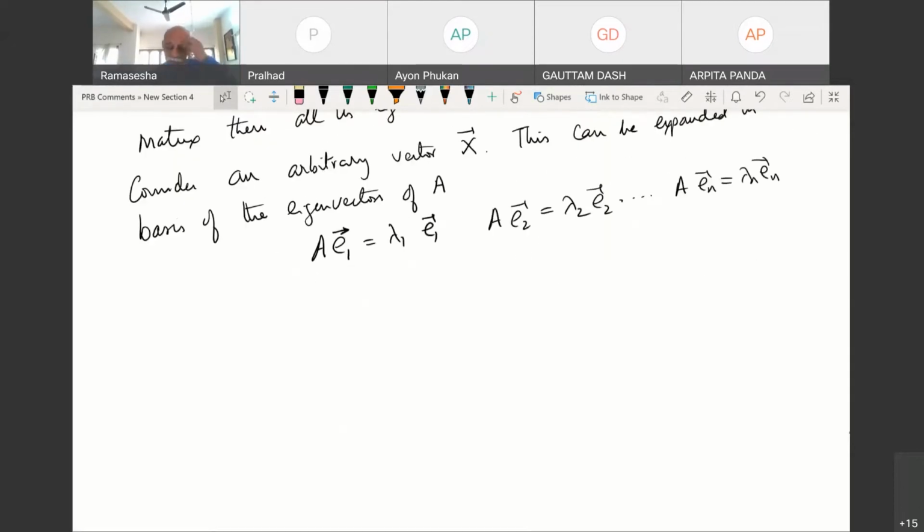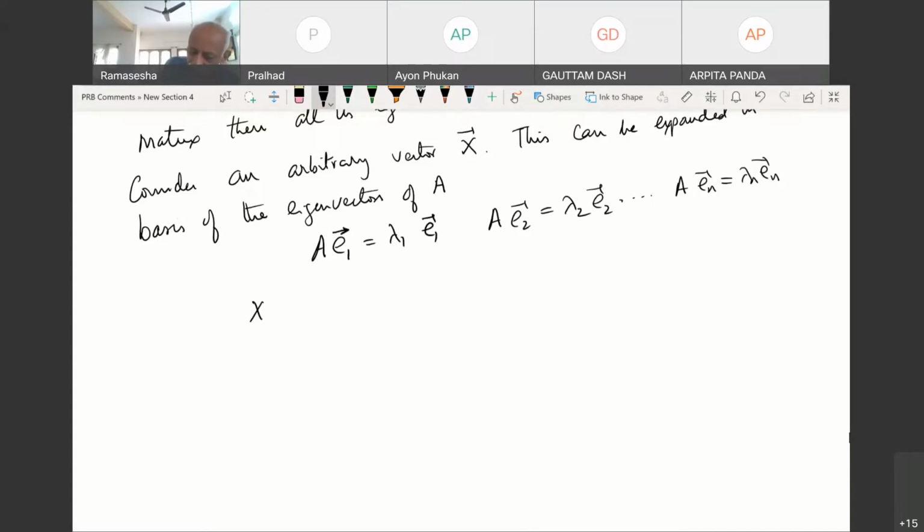I can write down x to be equal to C1 E1 plus C2 E2 plus etcetera plus Cn En. Okay, and x transpose